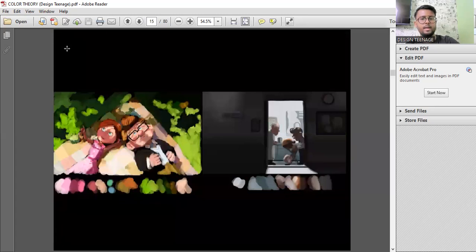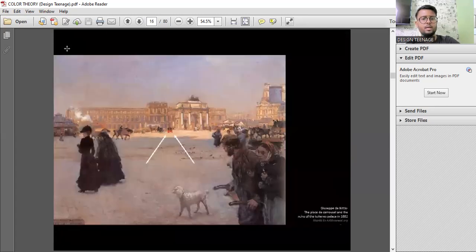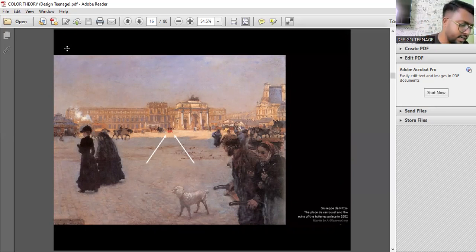Let's move ahead. So over here, what's happening in this particular composition which we see? I can tell you, but I'm asking you so that I can also know what your view is about any of these things that you see at a glance. What do you see over here?